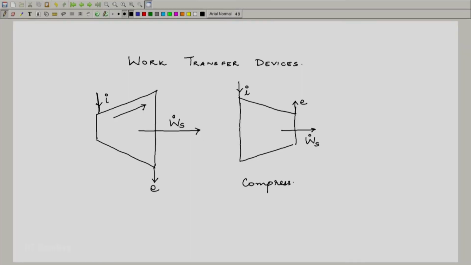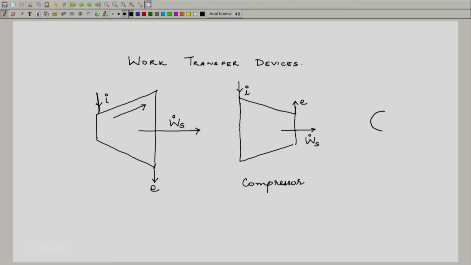So, this is compressor. A pump is normally depicted by a circle, though it performs the same duty as a compressor, and one normally puts an arrow in the direction of pressure increase like this and shows an inlet I and an exit E and the work transfer W dot S. Sometimes for centrifugal pumps you will notice that the outside arrow is drawn radially outward, and that is some of the depiction of pumps you will see. So, this is a pump.